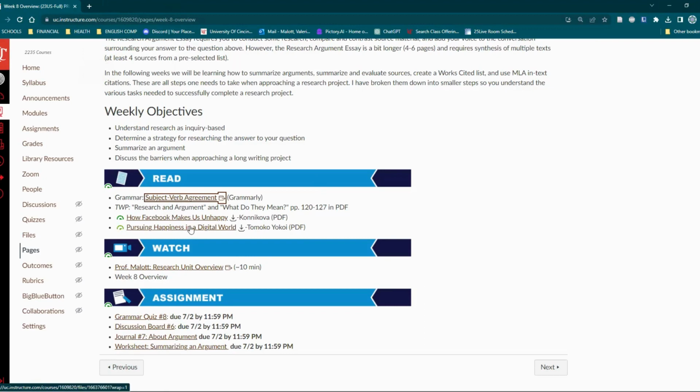Back to these 2 readings. These are the first 2 of 4 required readings. I'm going to have you read all 4 of the articles, and then you'll choose one that you enjoyed the most or agree the most with, or maybe you have some contentions with it and say, oh my gosh, this person is completely wrong.